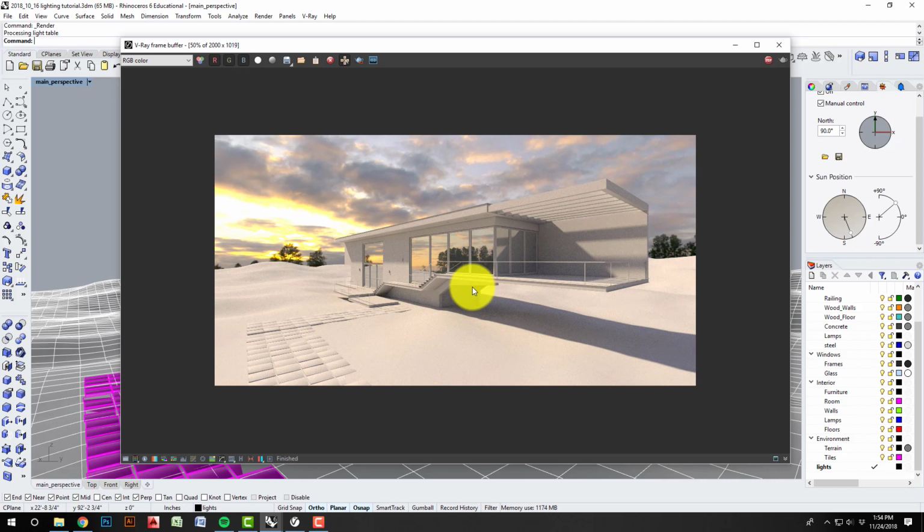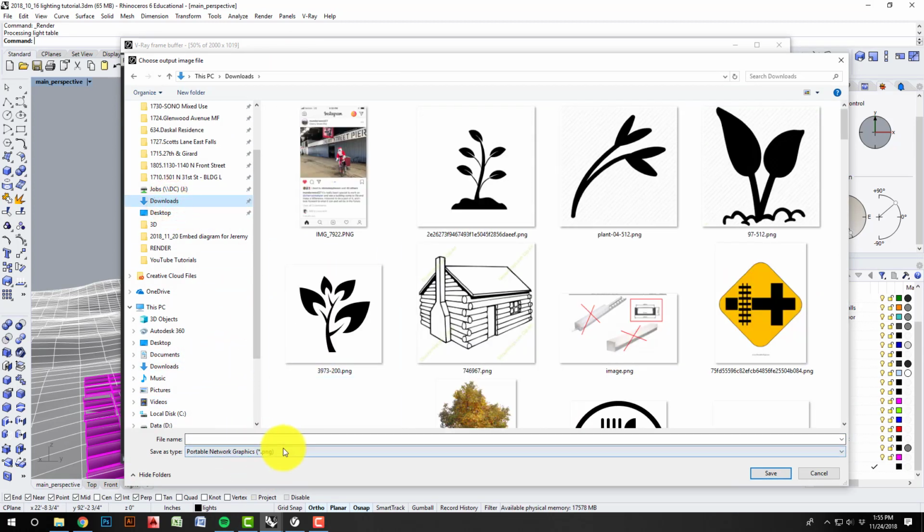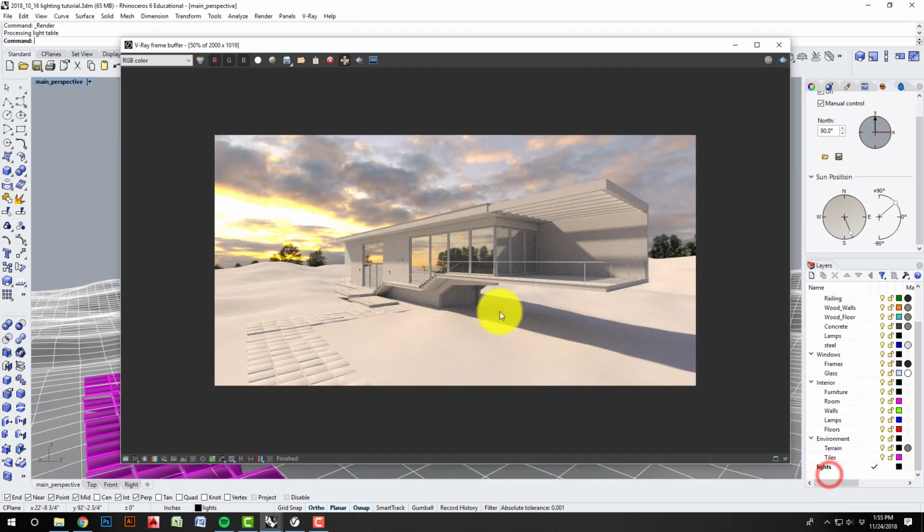Right, so we can see there's a very, very different overall look and feel to this rendering. Let's cover a few things that are happening here. One, we're seeing the HDRI that's affecting our image in the background. Keep in mind, if I were to go here and save this as a PNG, it'll actually save that image of the sky in the background with it. If you don't want that to save,